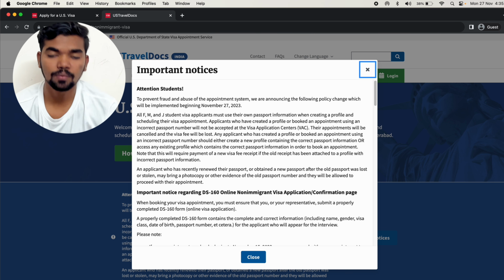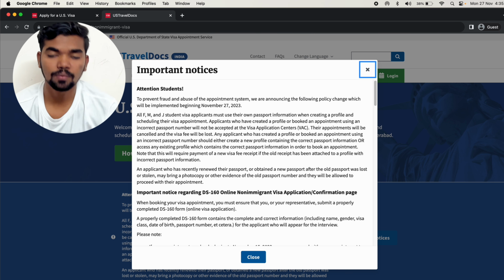So they can come to the biometrics, but that too with a proof, an old passport copy. Then only they are going to allow you to biometrics. In all the remaining cases they are going to send you back without taking biometrics. So keep this point in mind when you are creating a profile. Make sure your passport number is correct. So this is the first update.